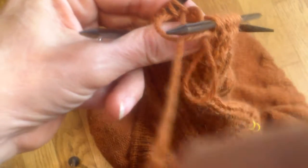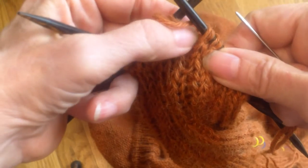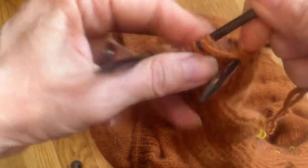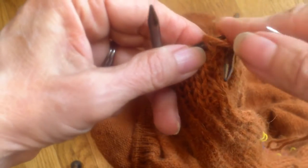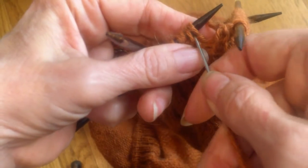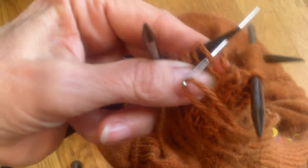Okay. Now in all of these cases, you're going to be going into these stitches twice. Now I've gone into that stitch once, and that's going to be important when I end it. Now when I've got those two stitches looking kind of like that, I've gone into them, I drop it, and I repeat. My knit stitch is over here, I go into my purl stitch,